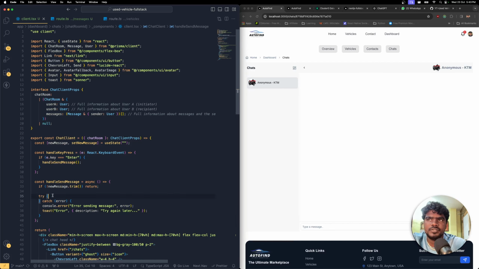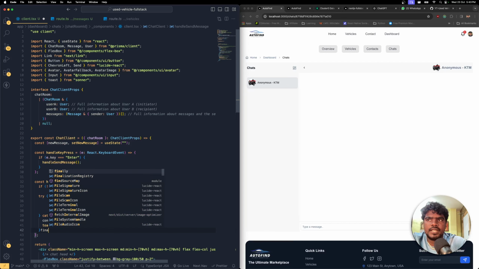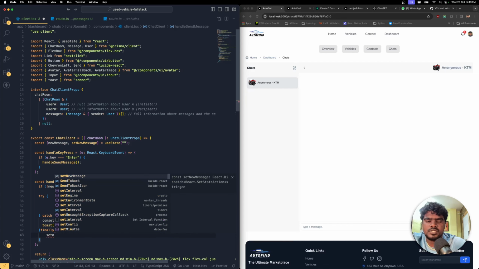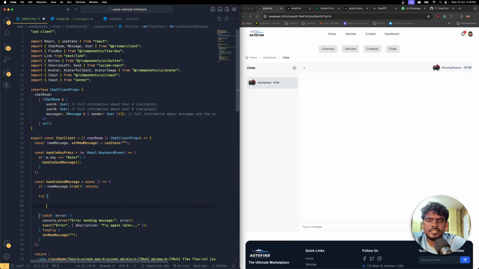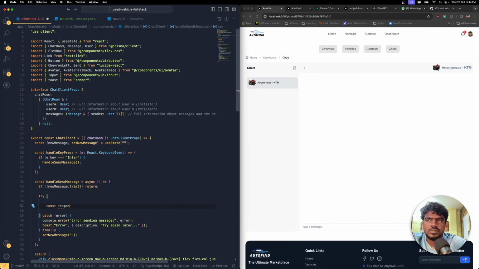That's the error that we need to send the user. Otherwise, next, whether an error is happening or not, finally, always we need to set new message as always empty. And inside this try block I need to get the API. So const response is equals to await